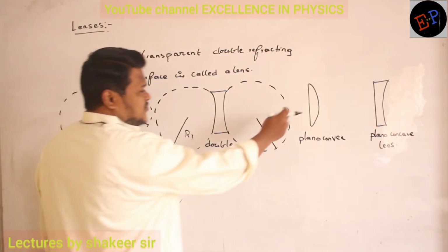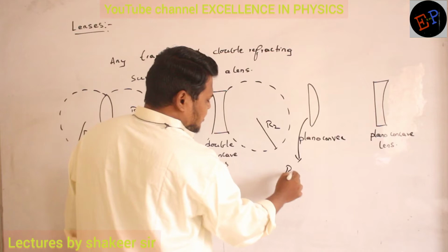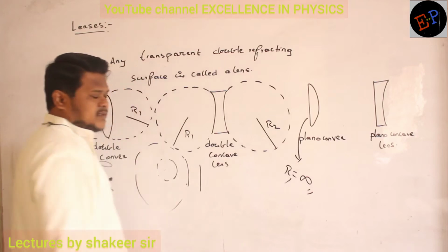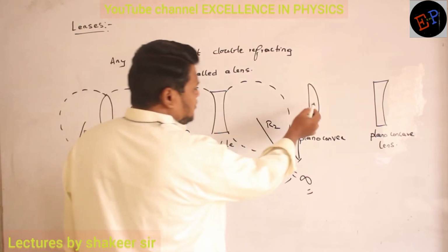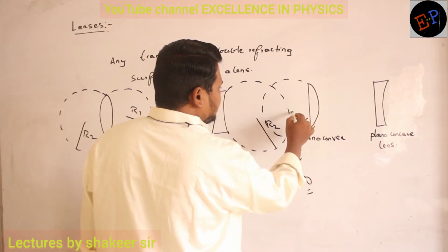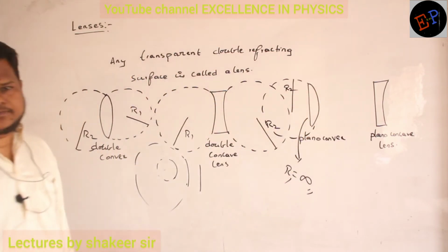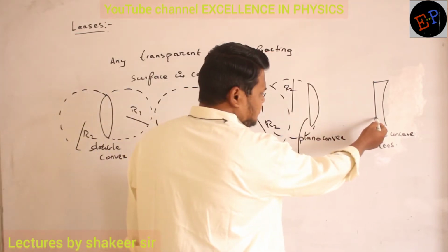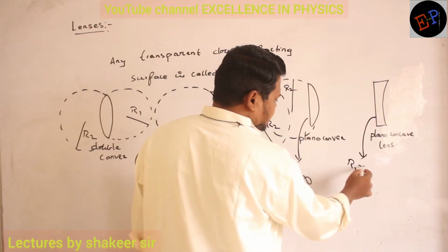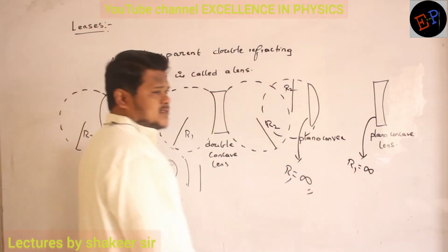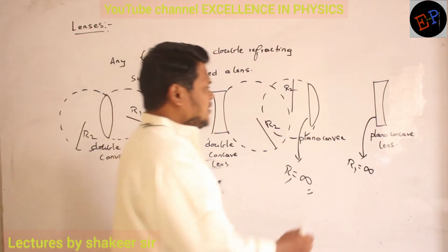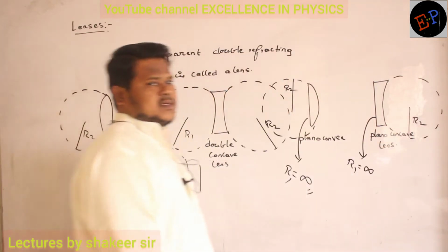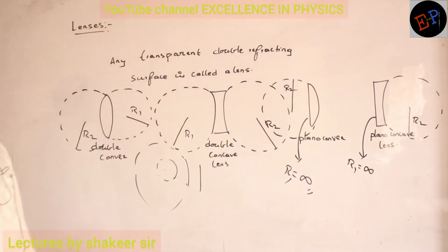Are you able to understand? So for this surface, radius of curvature will be infinite. So therefore R1 I can say is infinite. Okay. Then what about the radius of the second surface? The radius of the second surface is R. That is okay. Are you able to understand what is happening here? Similarly, what about the radius of curvature of this one? R1 is how much? Infinite, because it is also a straight line. And the radius of curvature of this one you can call r. So this is how first of all you have to draw the radii of curvature.